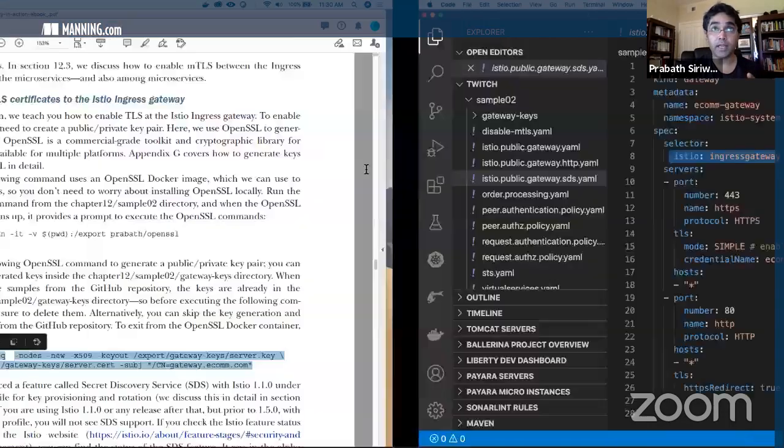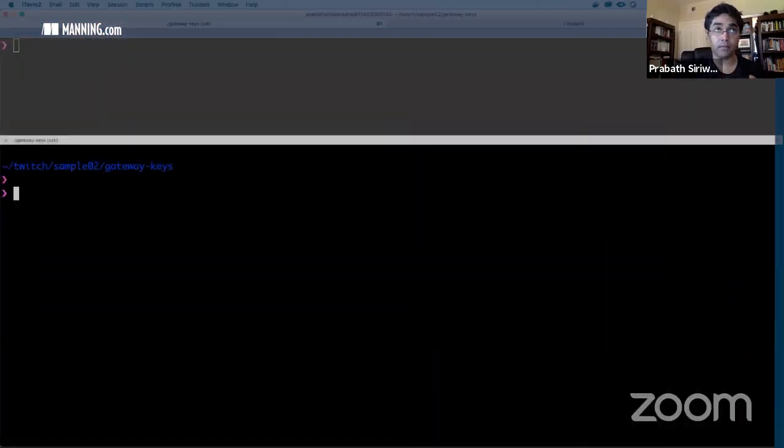If you look at the Istio Ingress Gateway deployment, which is in the Istio system namespace, get deployments, Istio system, and istio-ingressgateway, and let's say show labels.